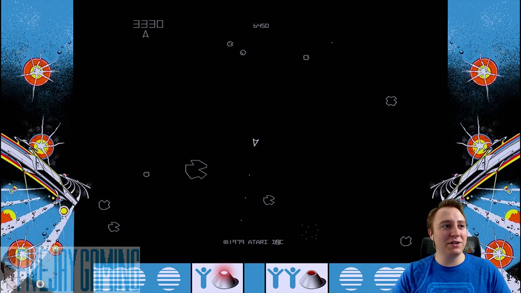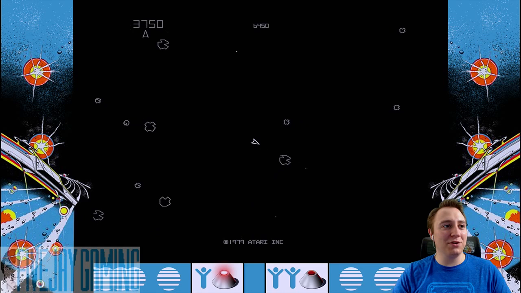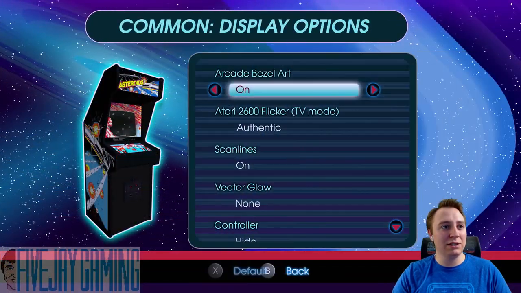But the fun thing about vector graphics is that they could attempt something vaguely 3D-ish in a day and age where computers were just really not powerful enough to do real 3D. Whoa! So, it's kind of fun looking into the history of games like that. So that's no glow, and then you can change it to...